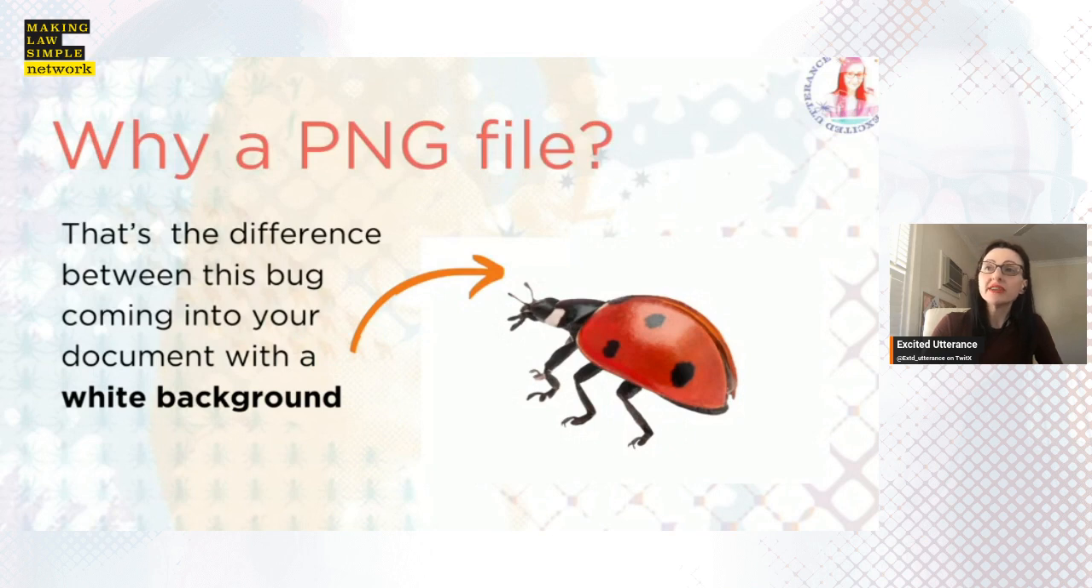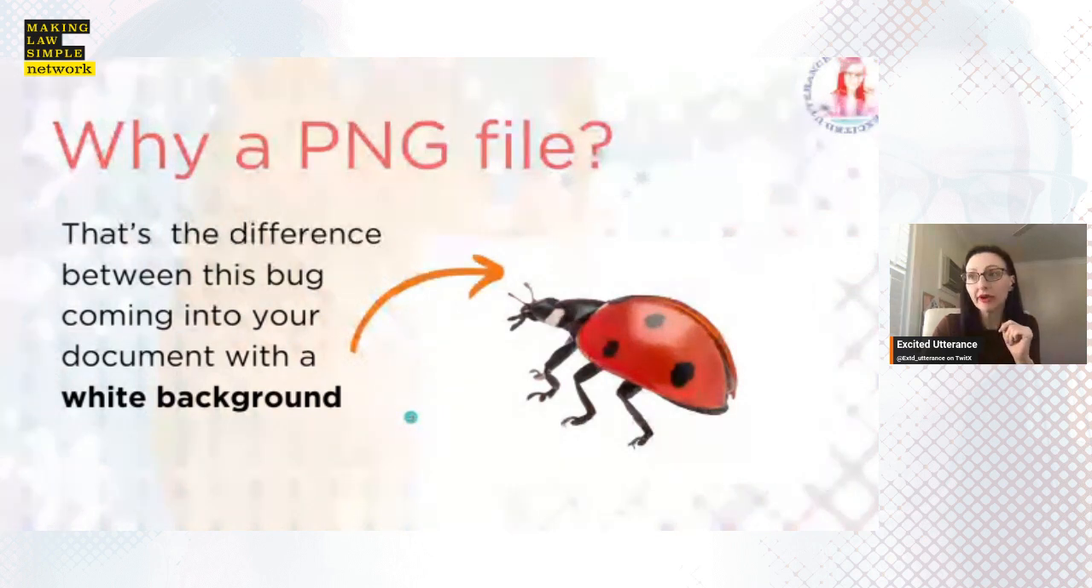So that's the difference between this bug coming into your document with a white background. See how this has got a white background behind it? You know how sometimes when you bring in a new file, maybe into something like Word or PowerPoint, you think it's got no background behind it, and you can put another object behind it, right? And you think, oh great, it's cool, it's got no background. But then when you bring it in, in reality it's got this white background behind it. And you're like, ah, damn. So that's the difference between this bug coming into your document with a white background and